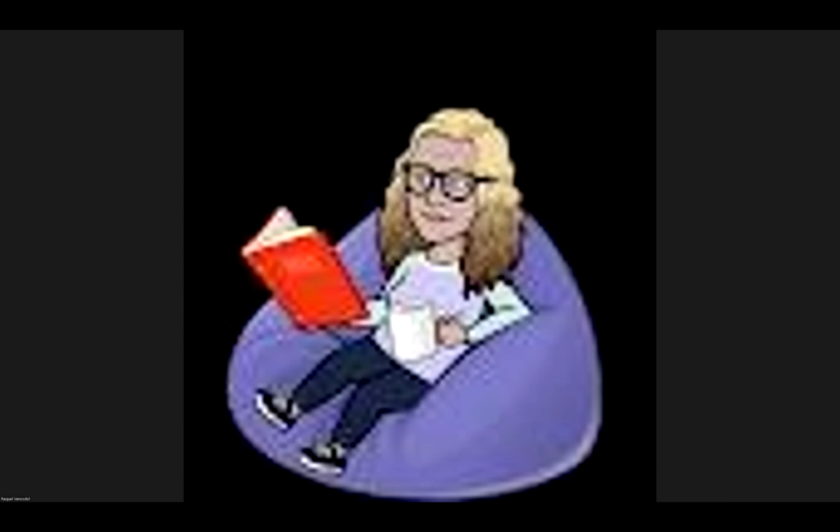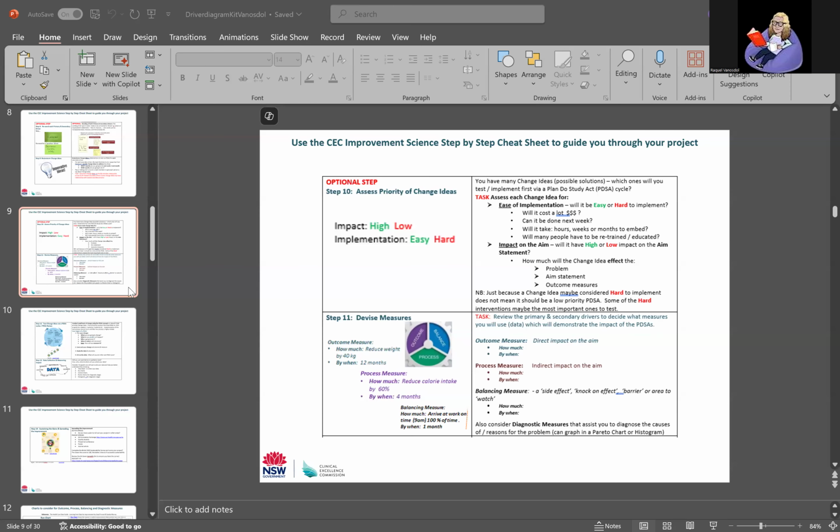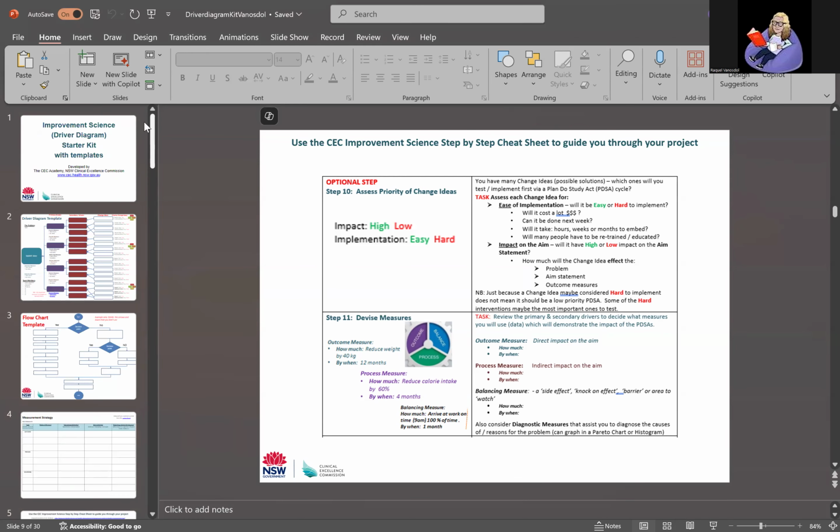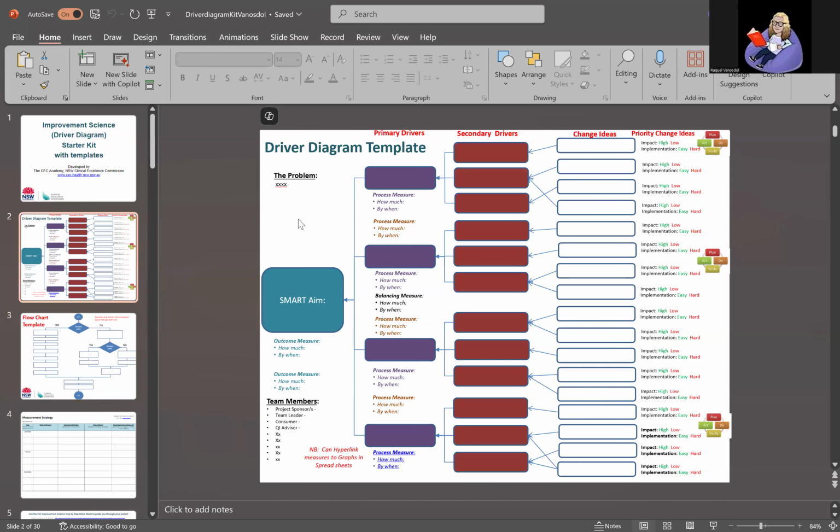Hi everyone. Today I am going to demonstrate how I used the driver diagram kit in order to demonstrate my driver diagram. I of course went through the videos and looked at the templates, and for the driver diagram I chose this